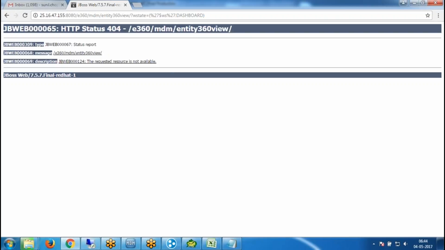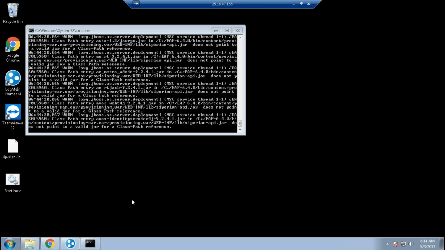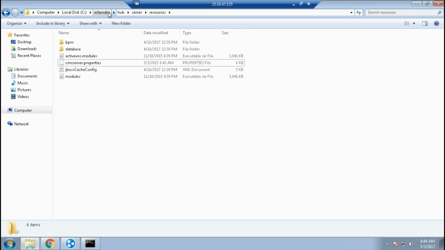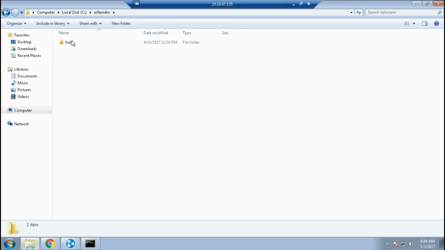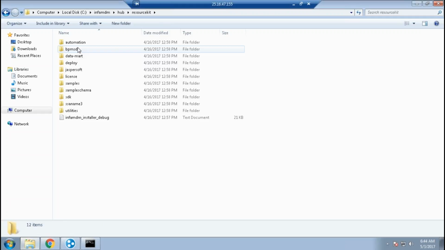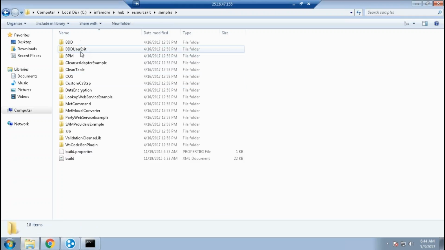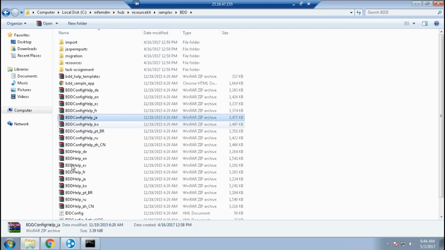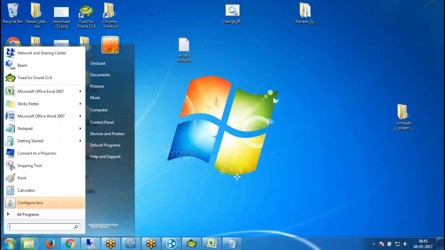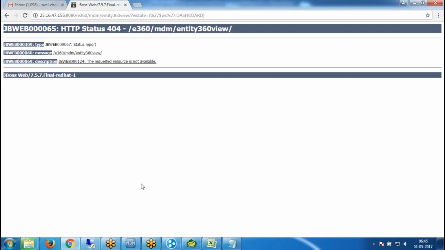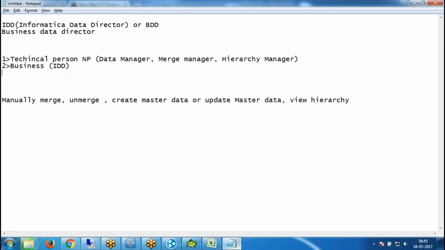Now if you try to access it, you won't be able to because it's starting. Informatica provides one sample application, so let's try to copy that. This is where the sample application will be: hub, resource kit, then samples, bdd, then this one, copy. While it is getting restarted,